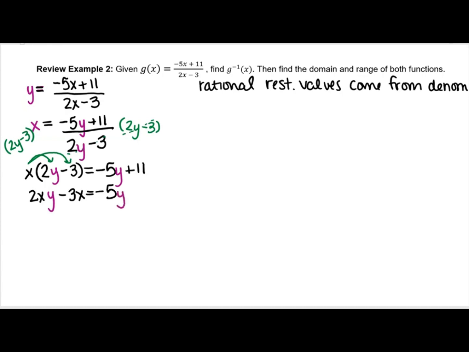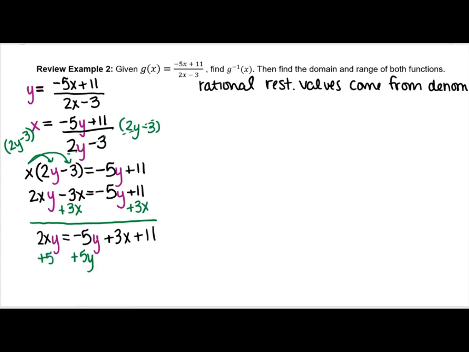We have negative 5y plus 11. Move everything with an x to the right side, everything with a y to the left. So let's go ahead and add 3x to both sides. When we do that, we're going to have 2xy equal to negative 5y plus 3x plus 11. We need to get all of our y's to one side, so I'm going to add